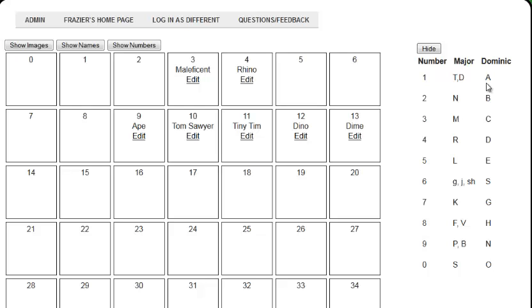The Dominic method is similar, except it's not based on this key, it's based on this. And the Dominic method is 1 is the letter A, 2 is the letter B, 3 is the letter C, 4 is the letter D, 5 is the letter E. And those are easy because those are the first 5 letters of the alphabet. Okay, so if you need to go back and remember, wait, what's my number? If you have to go back and make a memory object and say, wait, I can't remember what number that represents, then you can go back and say, okay,